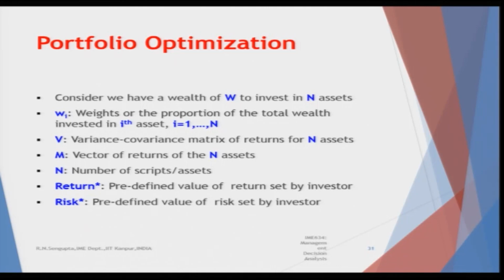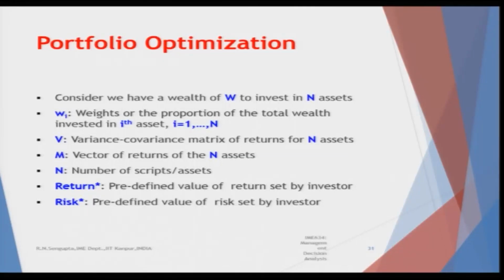I equals 1 to n, and capital V is the variance covariance matrix which I mentioned a few minutes back. Variance covariance matrix means the principal diagonal has the variances and the off-diagonal elements are the covariances. So, V would be the variance covariance matrix of the returns of these n assets, while M we will discuss as the vector of returns of the n assets. If you remember the vectors I was mentioning, R1 bar, R2 bar till Rn bar, they were the best estimates corresponding to the mean values mu1 to mun.